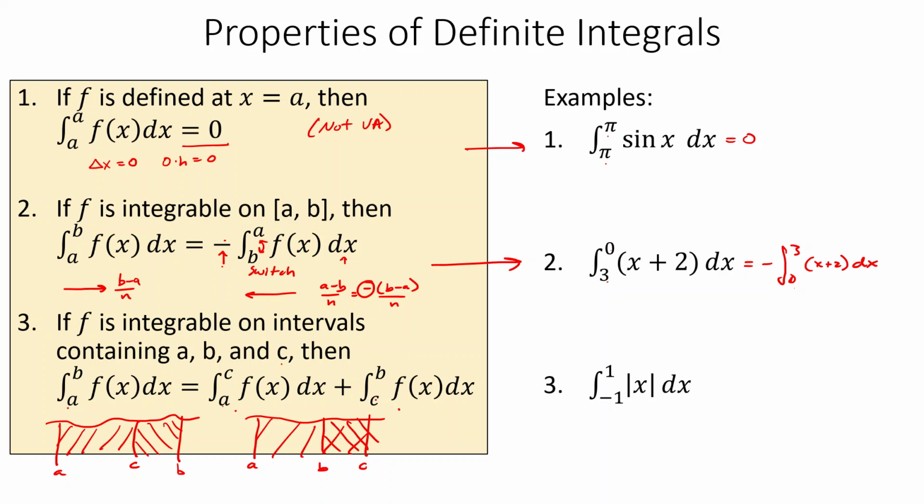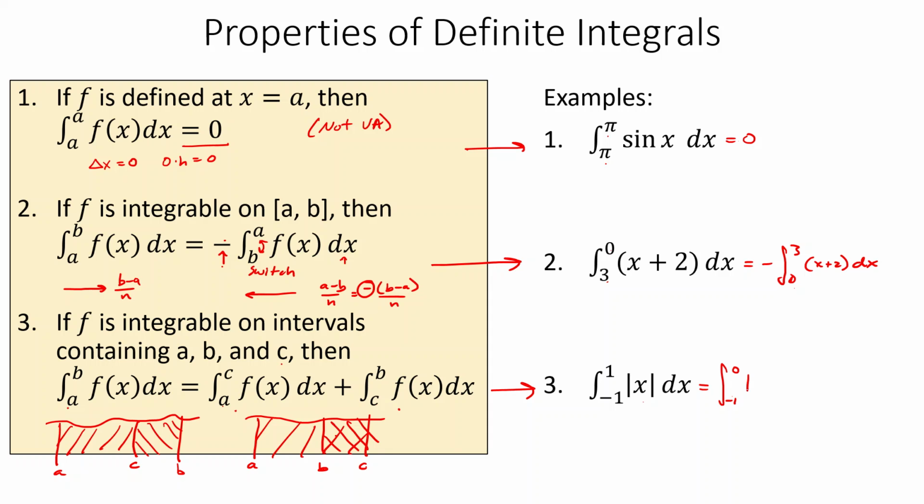We'd have to turn the bounds around, and it would become negative, and it would cancel out this section here. All right, so the time when this is most often used is when we're working with absolute value or with a piecewise function. So we could break this up at 0. So this would be the integral from